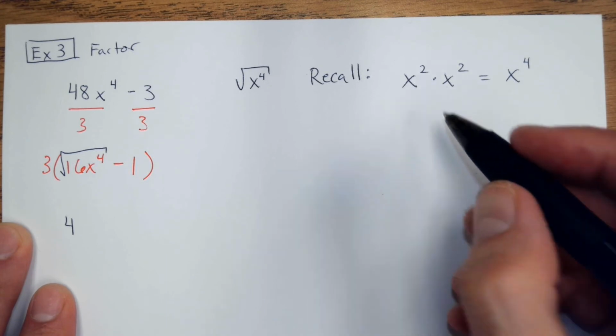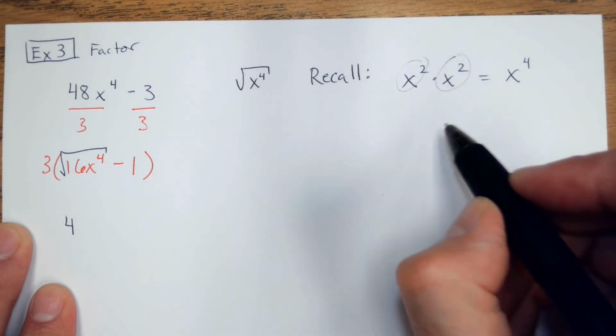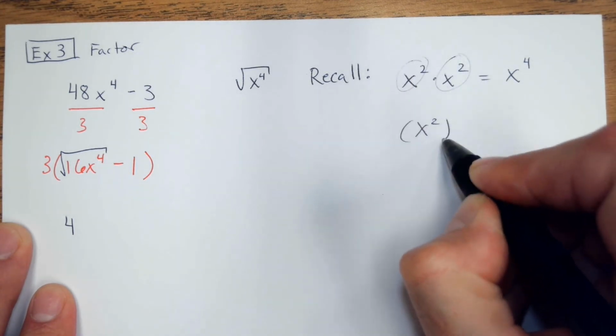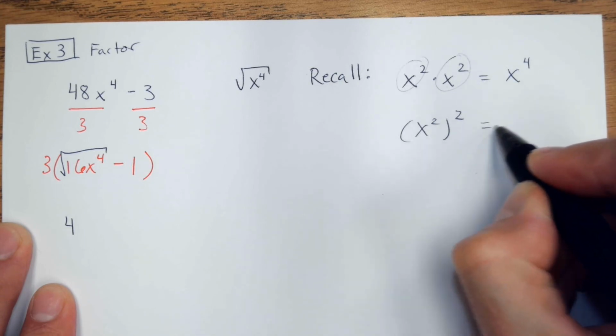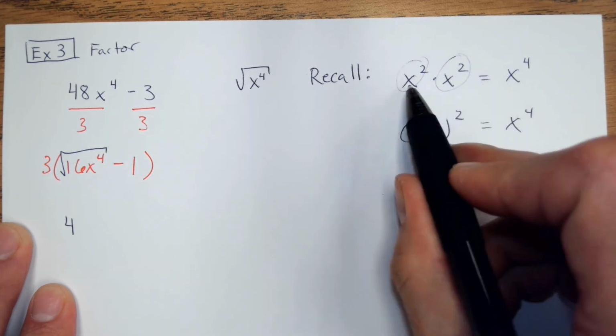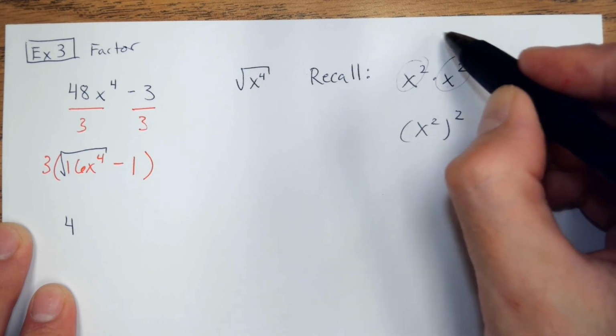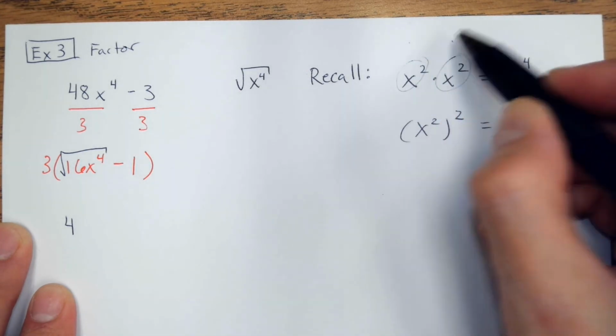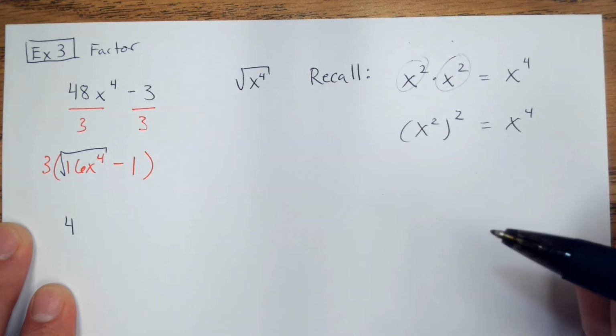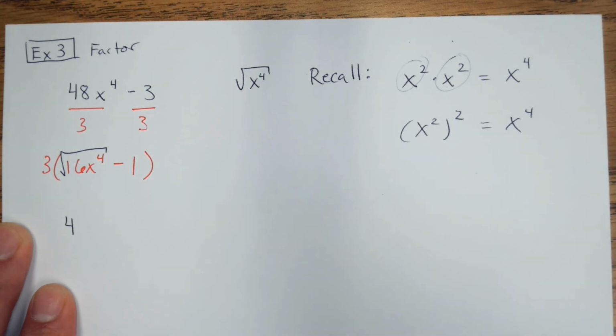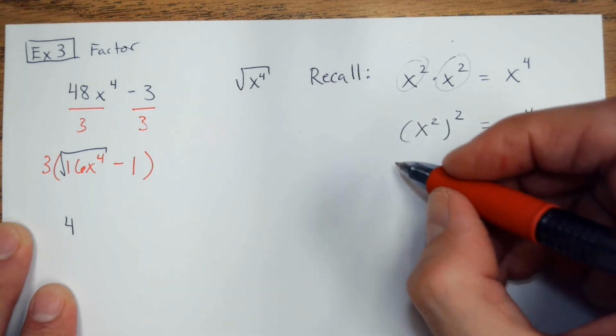So this is actually the same thing. Well, I have something squared. X squared squared. That's the same thing as x to the fourth. I just squared it. It's just like I had 2 times 2, that's 2 squared, or 3 times 3, that would be 3 squared. And if I square root both sides,